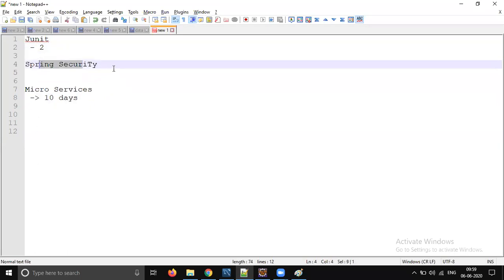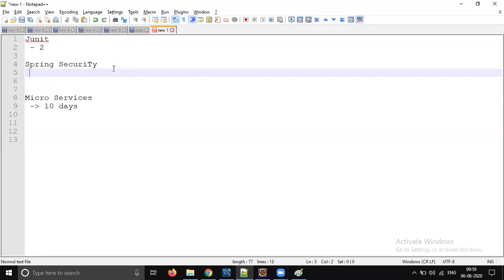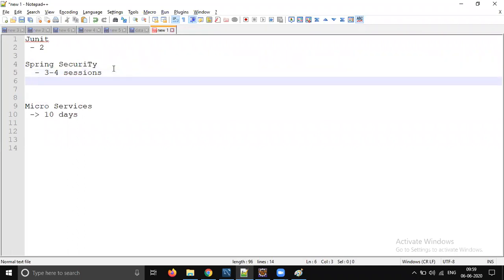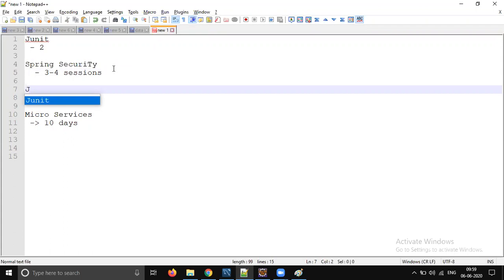Security, I believe, we need 3 to 4 sessions. I will show a couple of ways we can secure our application, but we are going to use JWT, JSON Web Token. I will show all the examples. It's like a header: we put it and send it, and it will automatically authenticate.